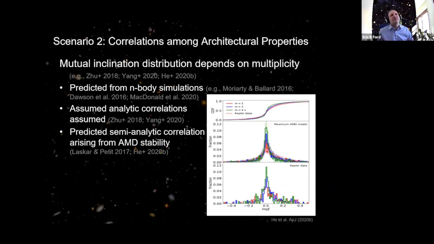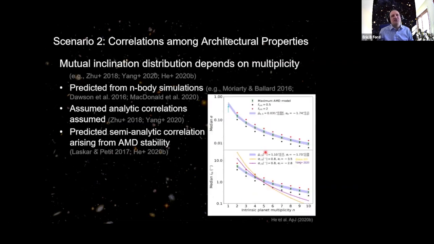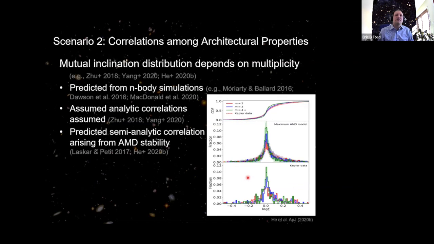Does it give us enough information to pick out this power law index? No, it doesn't. It's too weak there. But nevertheless, it's nice that this was not placed as a constraint on the models, and that the models that passed all the other tests also, in the case of this correlated inclination multiplicity model, come out sort of without trying. So that's another indication for this sort of correlation being there at some level.